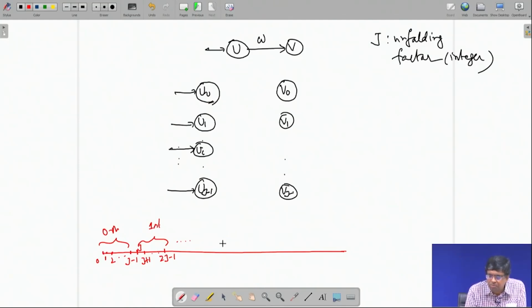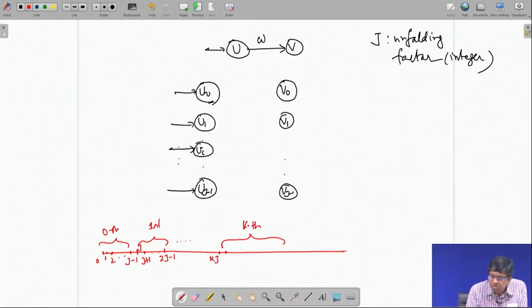So, in general you have, I am drawing in a bigger way. So, this is one period, it is looking bigger than that, it is just for explanation I am making it bigger, so that you can see things clearly. Suppose I am in the kth period. So, what will be the indices covered under, what will be the input indices? See 0 to j minus 1, it is under 0, j to 2j minus 1, it is under 1, under 2 will be 2j to 3j minus 1. So, under k will be kj,